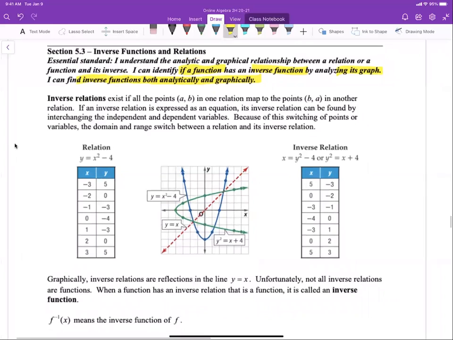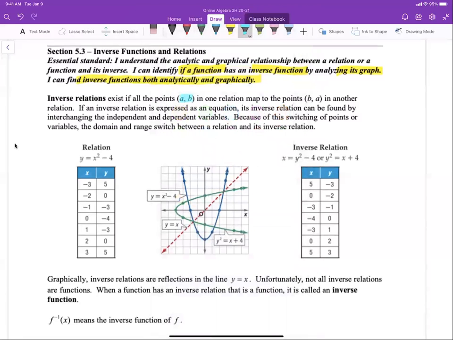So remember, we can have relations between x and y, and they can be a function. If you recall, a definition of a function is for every single input, I only have one output. So you can test a graph with a vertical line test. That means it can only pass through one point. But at any rate, inverse relations will exist if